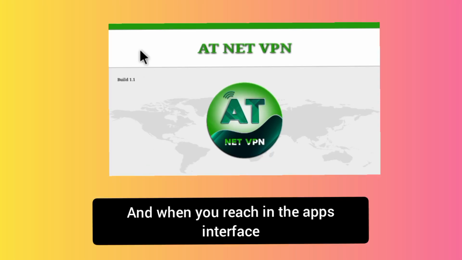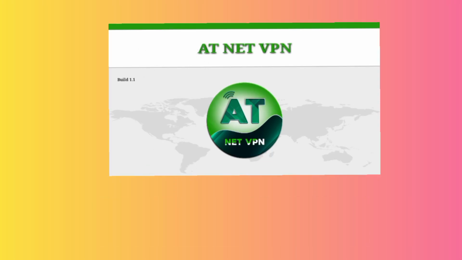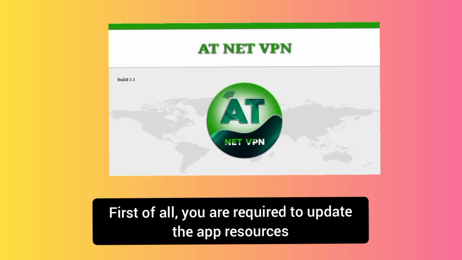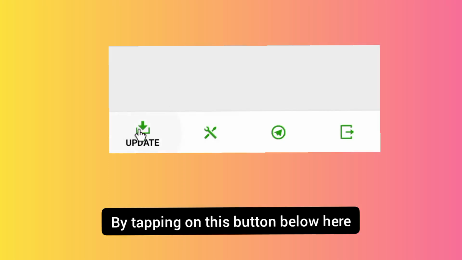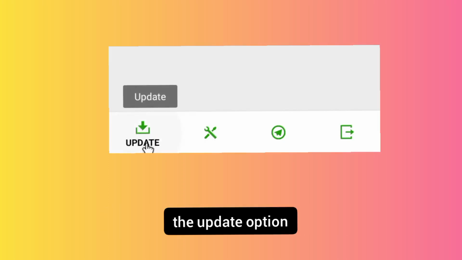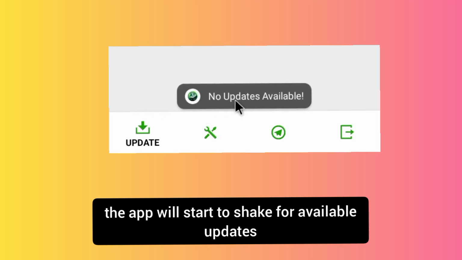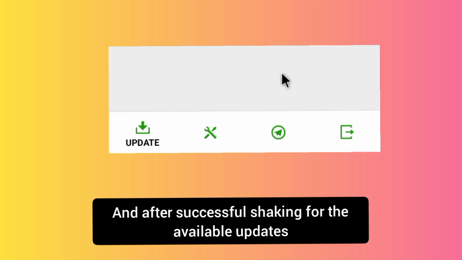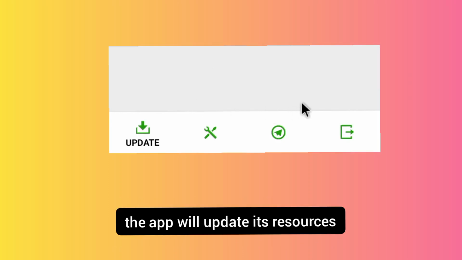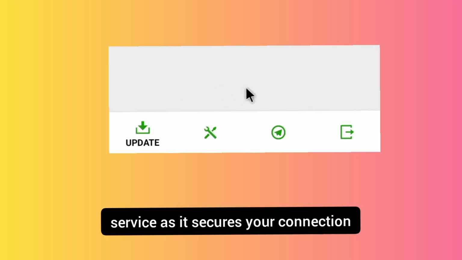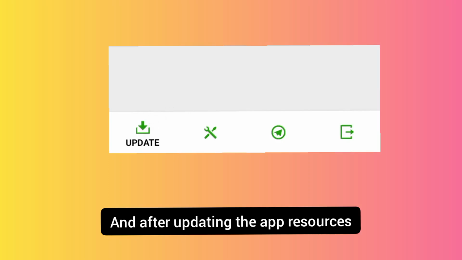And when you reach the app's interface, you are required to do some settings for this app to work. First of all, you are required to update the app resources by tapping on this button below here, the update option. And when you tap on the update option, the app will start to check for available updates. And after successful checking for the available updates, the app will update its resources so that it can provide you with the best service as it secures your connection. And after updating the app resources,